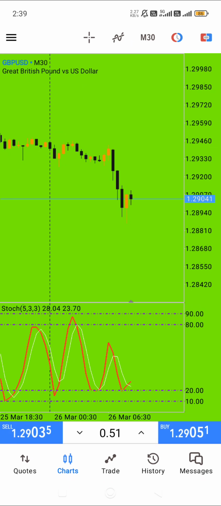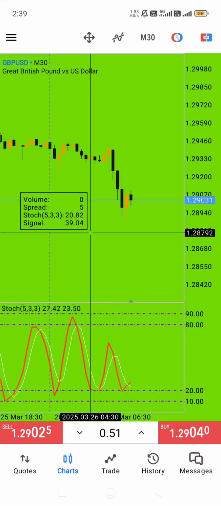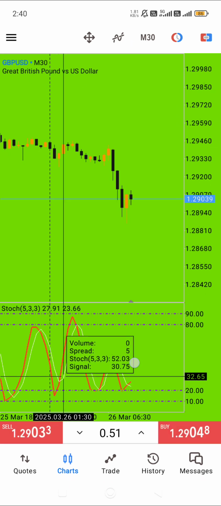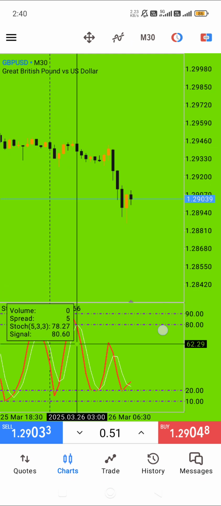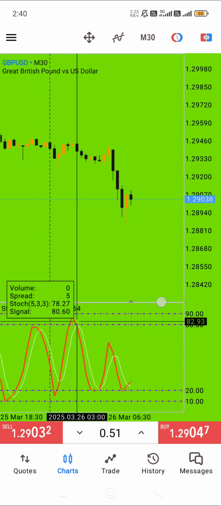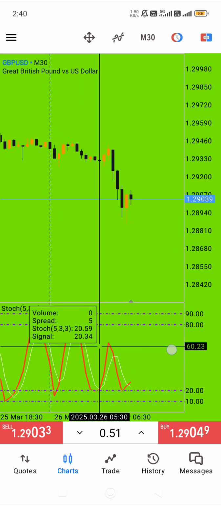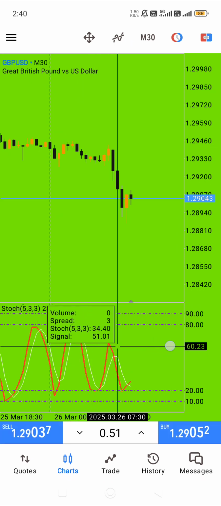But wait for some time. When it crosses the line and the strong indicator line is bullish, it will go up, as well as this line. Check this line, the market touches and goes up and down. On this line, 20 and 80 and 90, both lines cross in between and go down. Check, find the down line, downtrend, and you will get good profit.